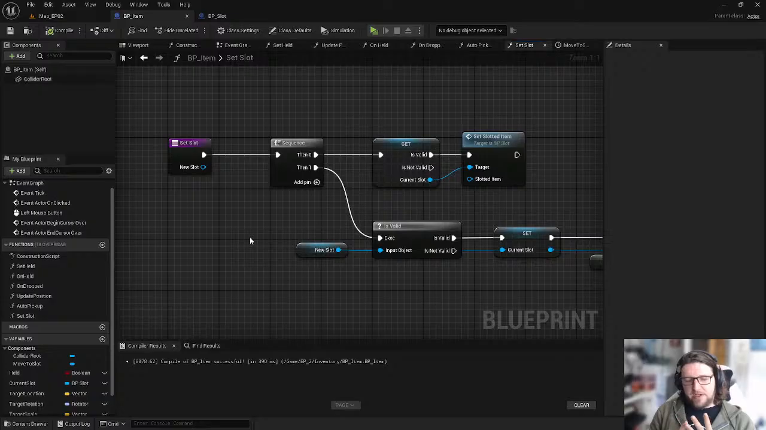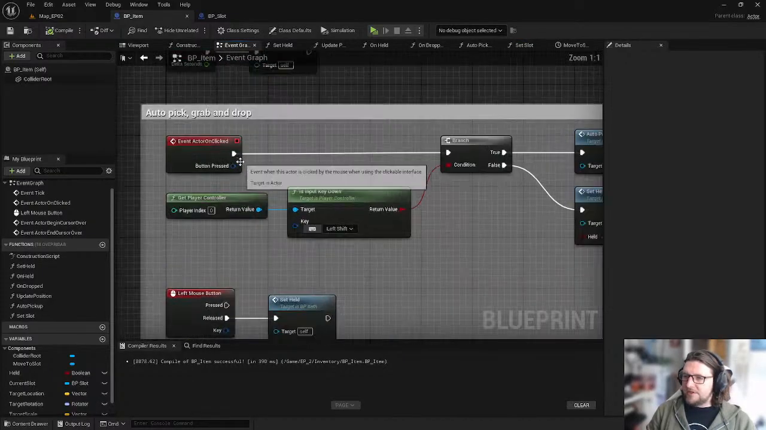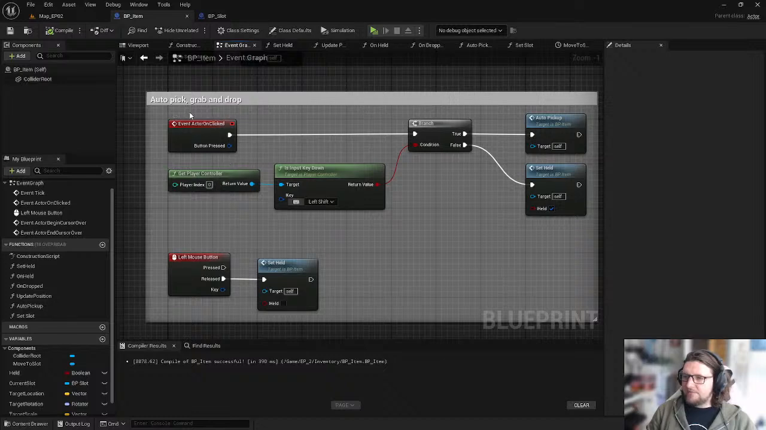We have the ability to pick up an item from a slot, which just picks it up again and should empty the slot. And we have a slot that just knows about the item that's in it to inform us whether it's filled or not. So let's just go through one step at a time. So if we click on an actor